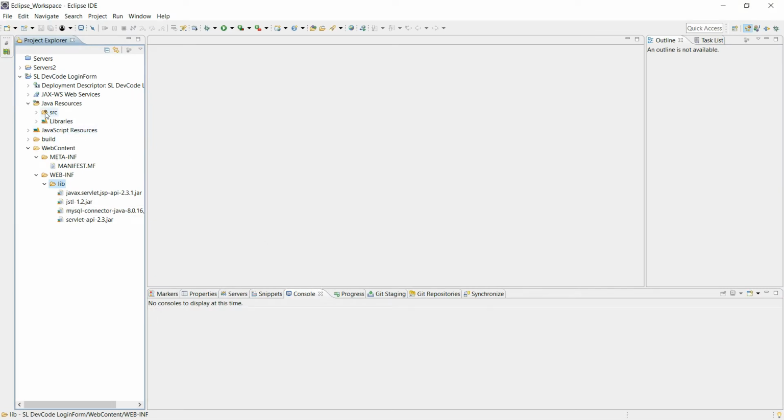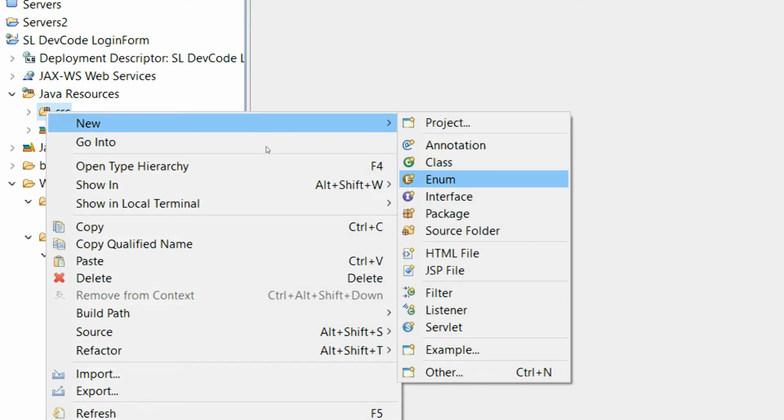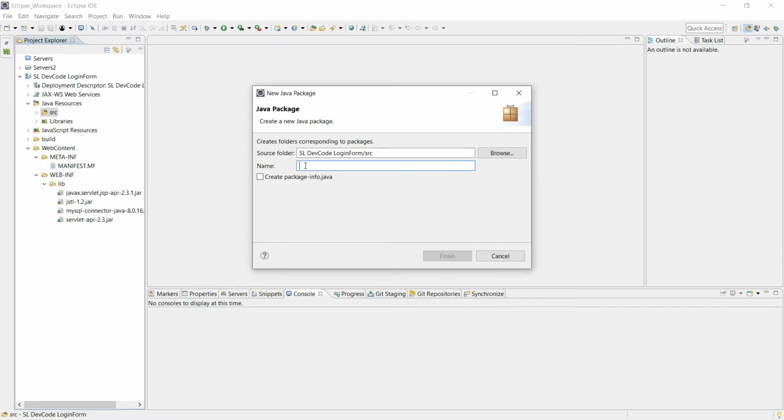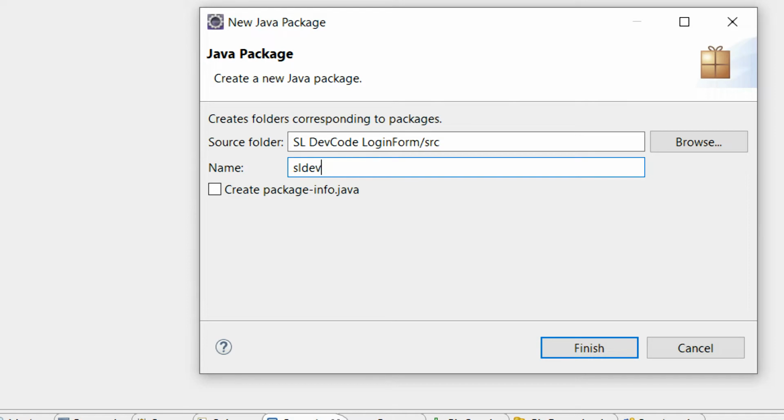Now right click the src folder and create 3 packages, sldevcode.login.